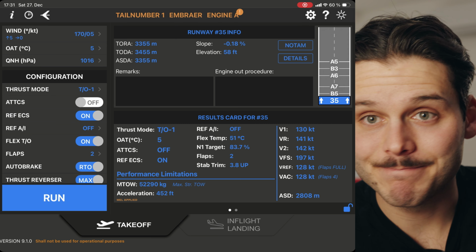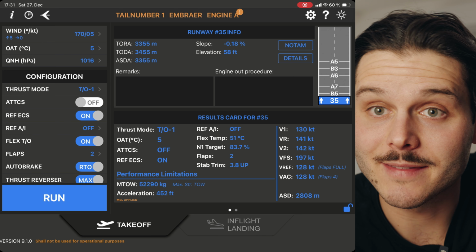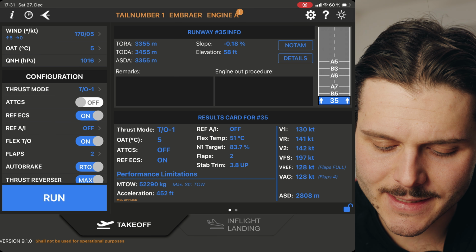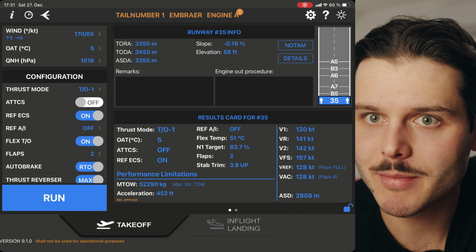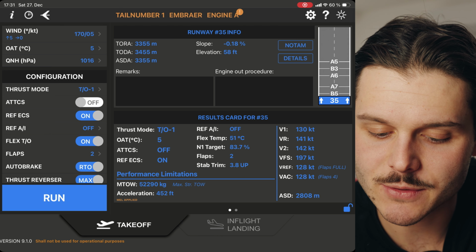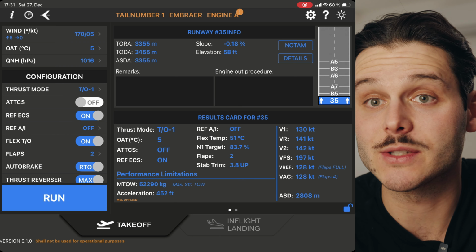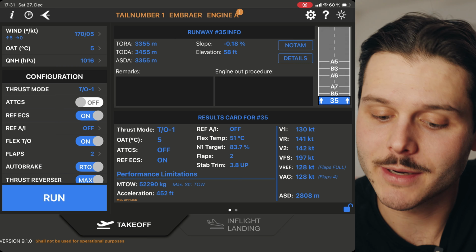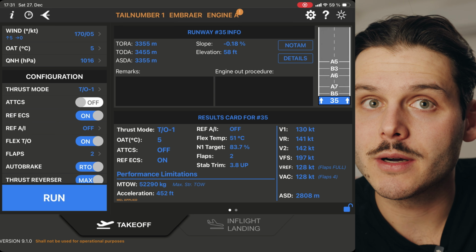So my question is, and I don't really get it, why this program is calculating it that way. I've talked to many pilots. I don't actually know why that is. We could still maybe increase the decision speed to the rotation speed, which is 141. We could say V1 is 141, VR is 141, and we will probably still have a margin of around 100 meters. So why are we not